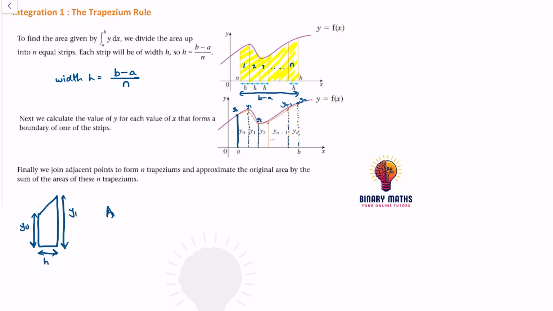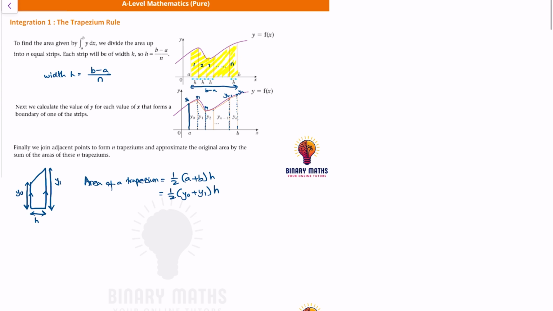The area of a trapezium formula is half a plus b times h, where a and b are the parallel sides. The parallel ones are y0 and y1. So it's half of y0 plus y1 times the width, which is labeled as h here. In a similar way, we can find every single trapezium. So when we add it up, the area, which is the integral from a to b of y dx,